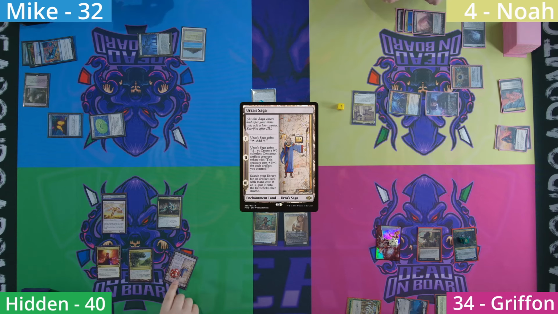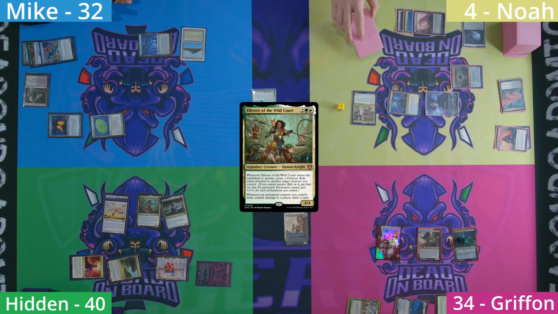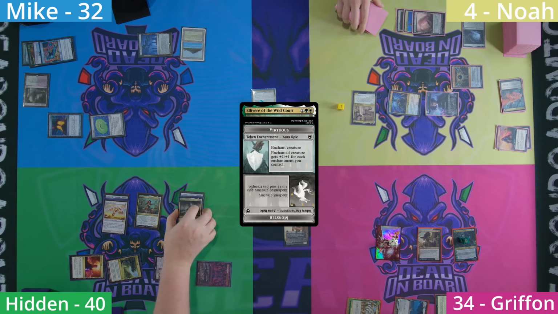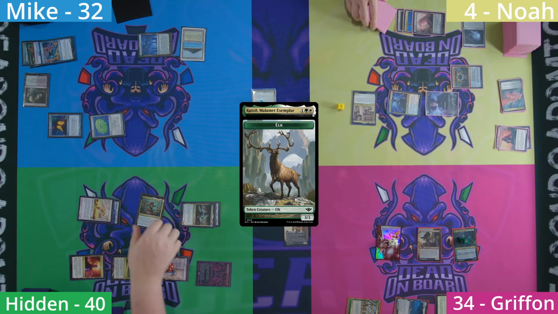Hidden draws for turn and upticks his Saga. He has a Cavern of Souls as land and names Human. He then casts his commander Ellivere of the Wild Court, who on ETB gives Cutzel a Virtuous Roll token. Hidden then heads to combat and doesn't want any more elks, as he swings both his creatures at Oko to